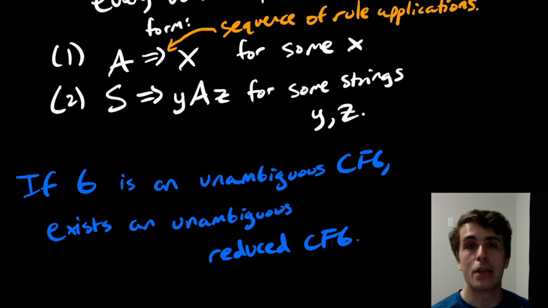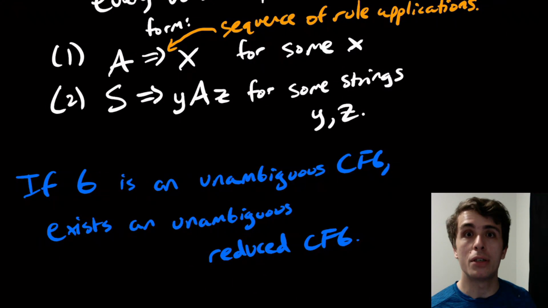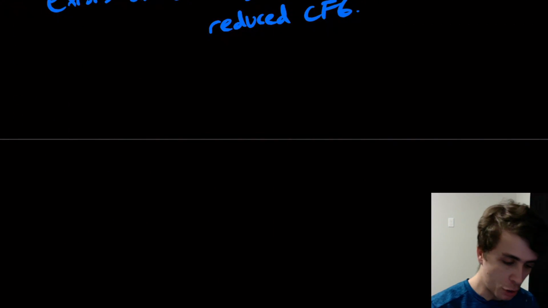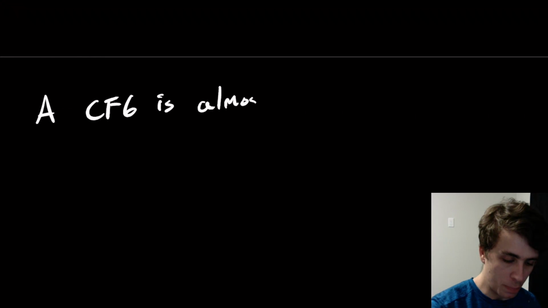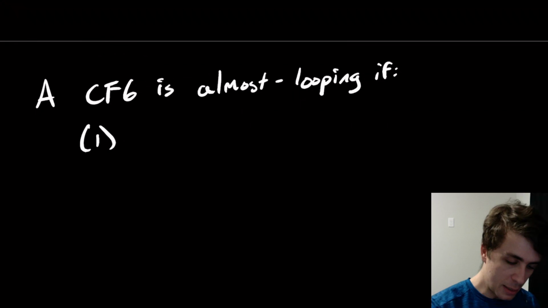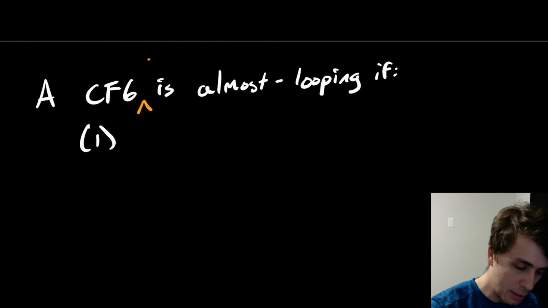We're going to look at another definition next. Okay, so another definition that we'll need is something called almost looping. So what does almost looping mean? A CFG is almost looping if we have three different properties. So if one, actually I should give it a name, so I'm going to call it G. If G is reduced,